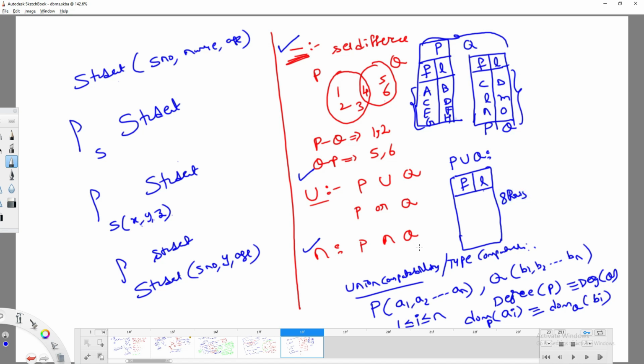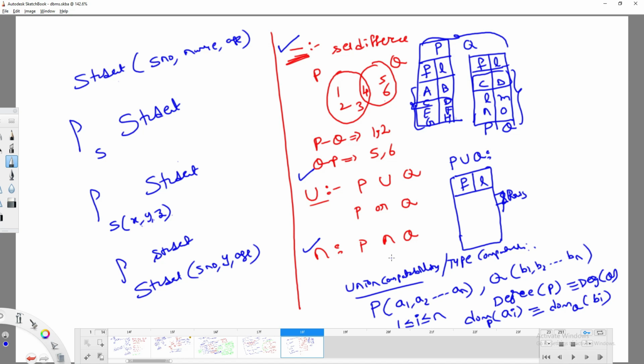But in 8 rows, as I said already, all these operations are related to relational algebra, which are related to sets. So how many rows are we going to get here? There is one duplicate you can observe, CD and CD. So in total you are going to get 7 rows, right? Whereas coming to SQL, this is not the case. In SQL, even if duplicates are there, you are going to get 8 rows, because we are not thinking about duplicates or non-duplicates. But that is what you have to differentiate, right?